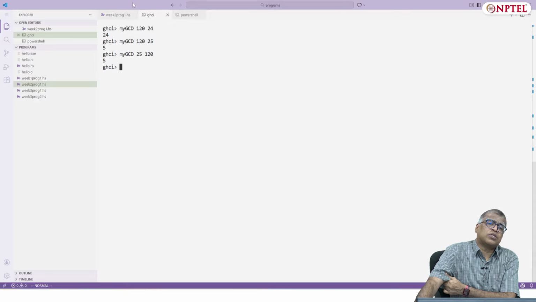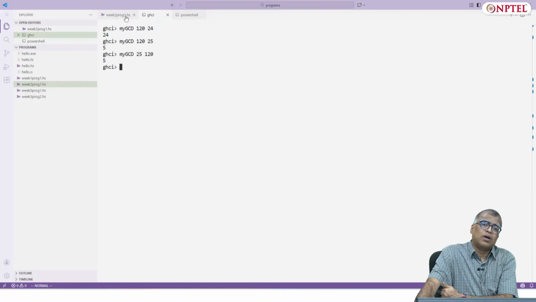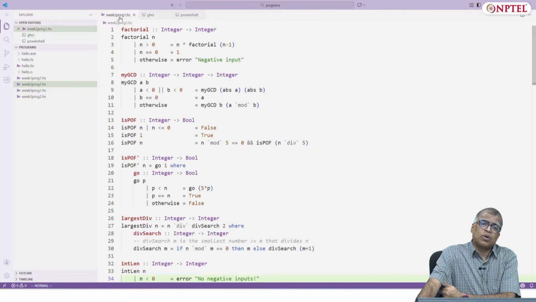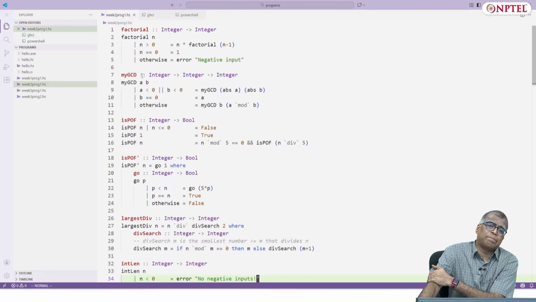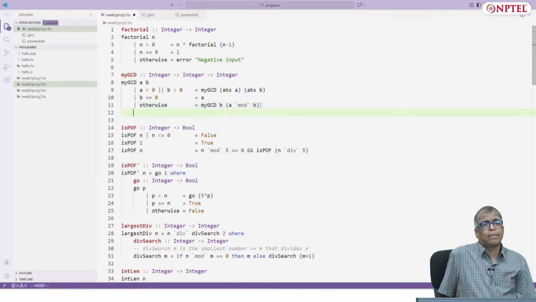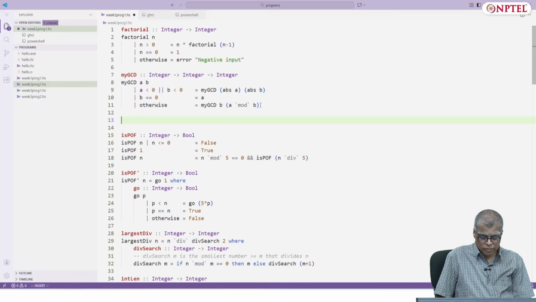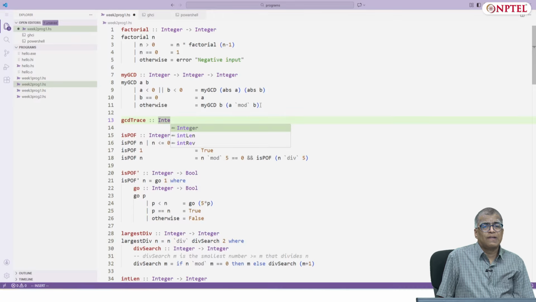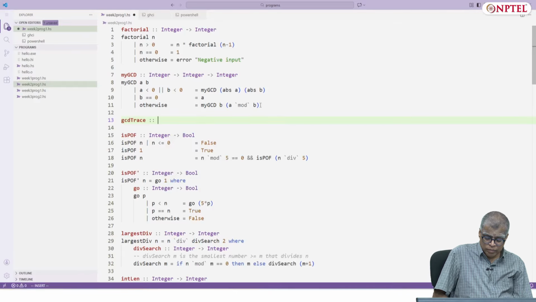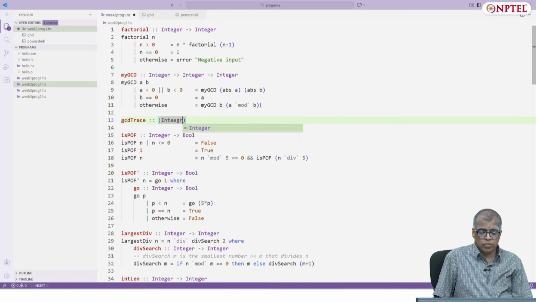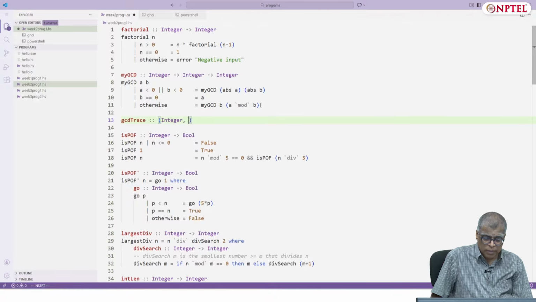Suppose you want more information, suppose you just want to see how the value is computed. Now that we have learnt lists, one can actually do this thing, that you don't just return an integer, but you return, let's say I call it my GCD trace, which traces all the recursive calls. I'll call it GCD trace. And it's more convenient to use pairs here. I'll use pairs.